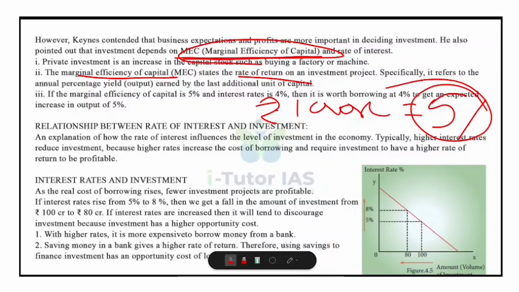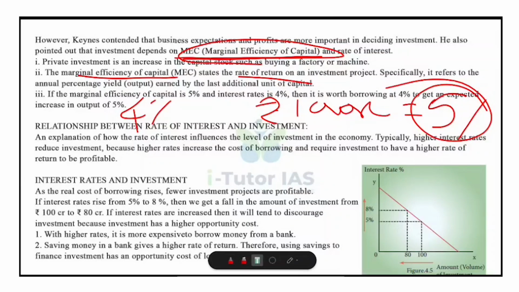Okay. What is the next factor? Rate of interest, or R. The rate of interest is the cost of borrowing funds or the returns a saver gets. So if the firm borrows at 4%, it must earn more than 4% to make the investment worthwhile. So if MEC is greater than the rate of interest, investment is profitable. Firms will invest more. And if MEC is equal to the rate of interest, there is no incentive to invest further. And if MEC is less than the rate of interest, is investment profitable? No, investment is not profitable and firms will reduce the investment.